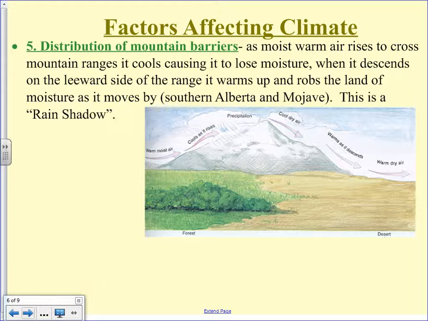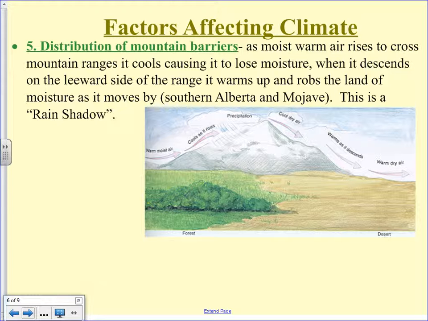Here's one that affects us. This one, other than our latitude, is probably our single biggest factor that affects our climates: the presence of mountain barriers. We are very close to the leeward side of the mountains. Okay, so typically what happens for us